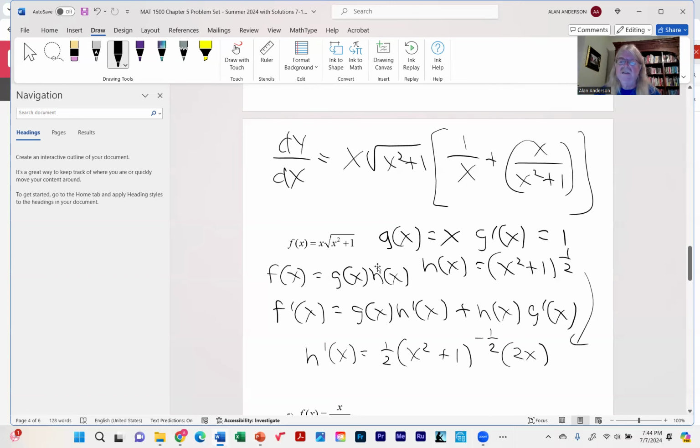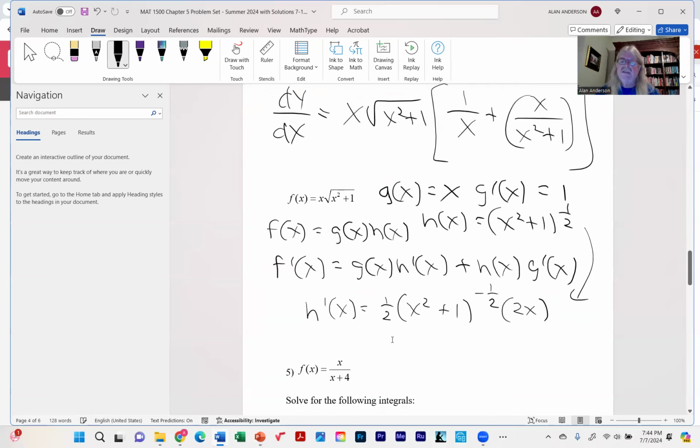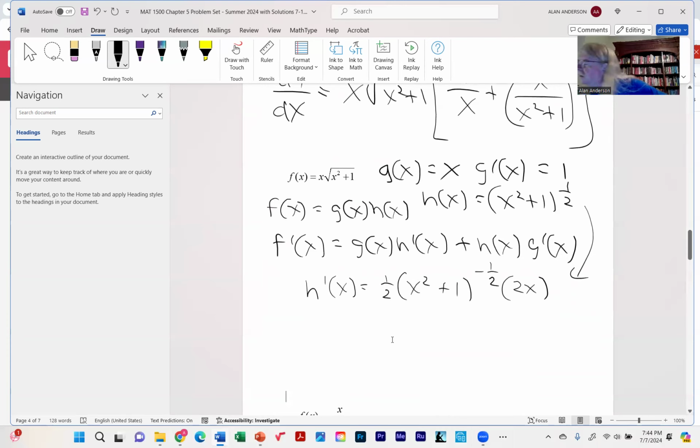Now that's a little bit messy. This is sometimes called the generalized power rule. You're multiplying 1/2 times the entire expression, then you have the exponent, you subtract 1, and then this is actually the derivative of what's inside here. Think of this as g of x and g prime of x. So anyway, when we plug these in, we'll have x times x squared, x squared plus 1 to the 1/2, plus,